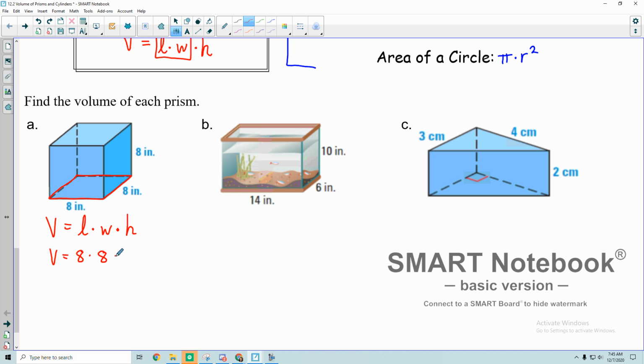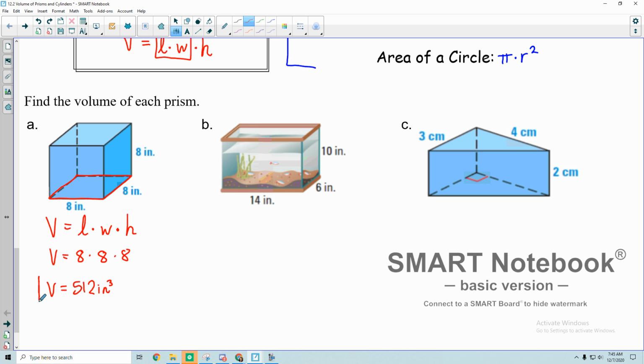So super straightforward for a square. So whatever 8 times 8 times 8 is, so let's see, it's going to be 512 inches cubed. Okay, remember we put this little 3 here because we have 3 dimensions, length, width, and height,